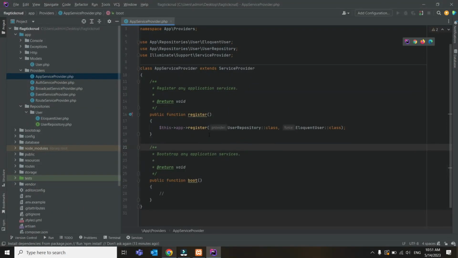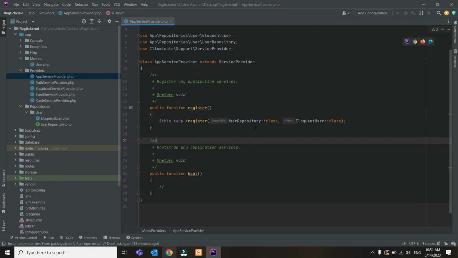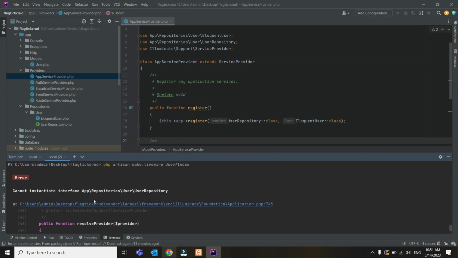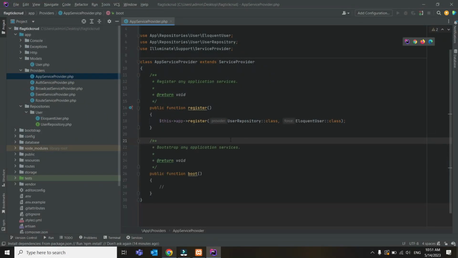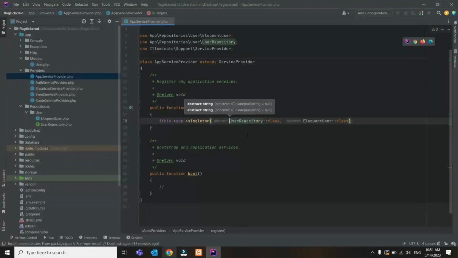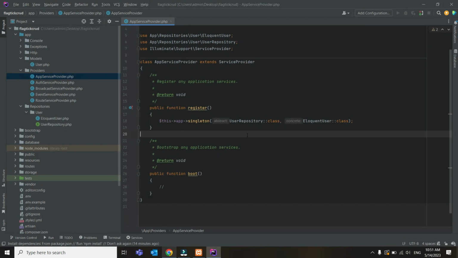Okay, let me check again. I think it's correct, because we got the issue, and we know we need to find the issue where we got it. Cannot instantiate interface. Oh my god, why is that wrong? Maybe it's wrong because we need to change bind to singleton because we want a singleton of the user repository. Okay,